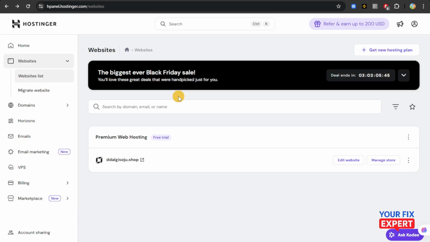So basically all you have to do is to just go to store settings, find the regional settings, and then click on the current currency, select your desired new currency from the drop down list, and then click save and update to apply the changes. And that's it. That is how you're going to change the currency in Hostinger